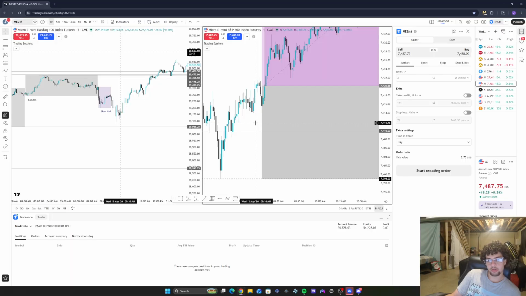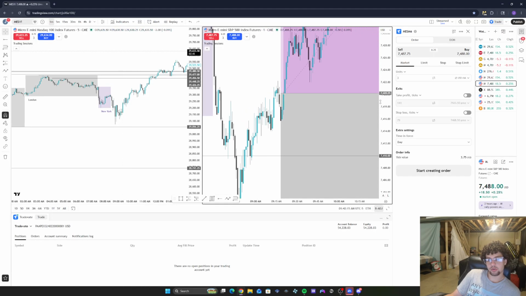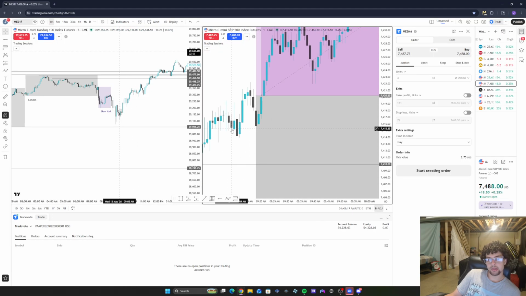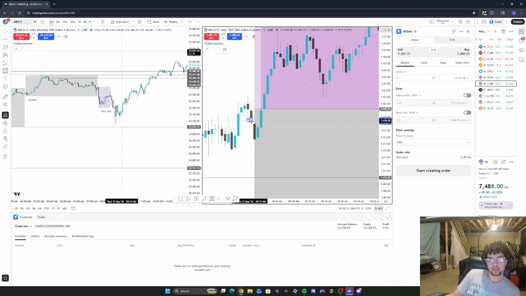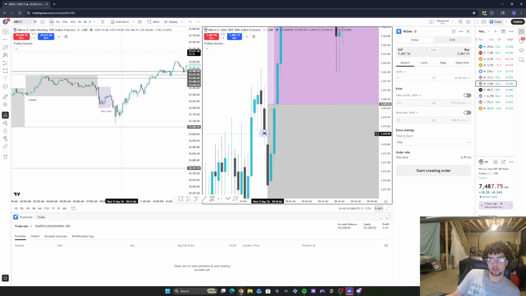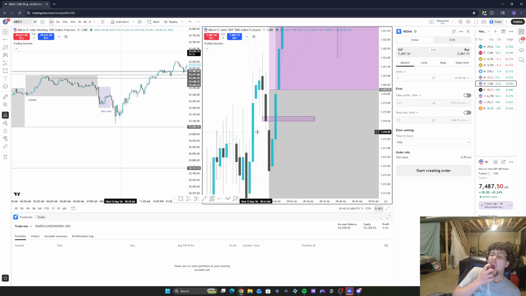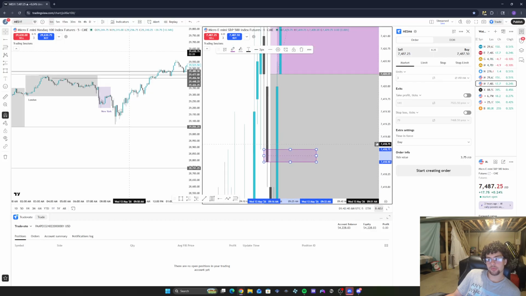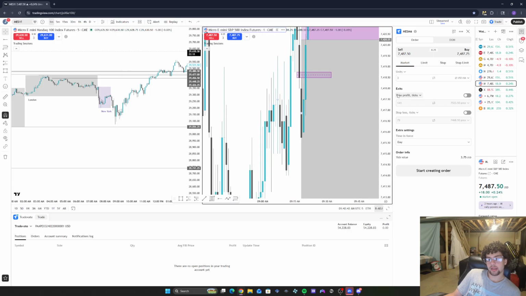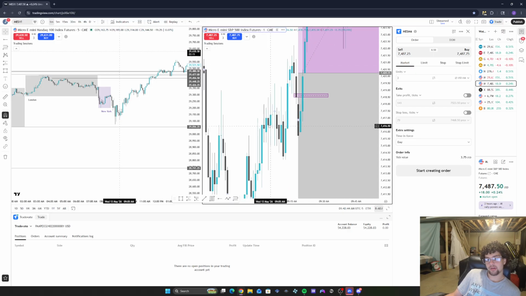9:14, right here. Okay, so from this point on, we're looking for some sort of retracement that we can enter off of. What do we have? As you can see right here, it's very small, a little harder to spot, but we have a fair value gap that we made, right? Which is enough for me, even if it's only a tick or whatever, a fair value gap that's only about a tick big. That's still enough for me to enter off of. And as you can see, we inverse the fair value gap.